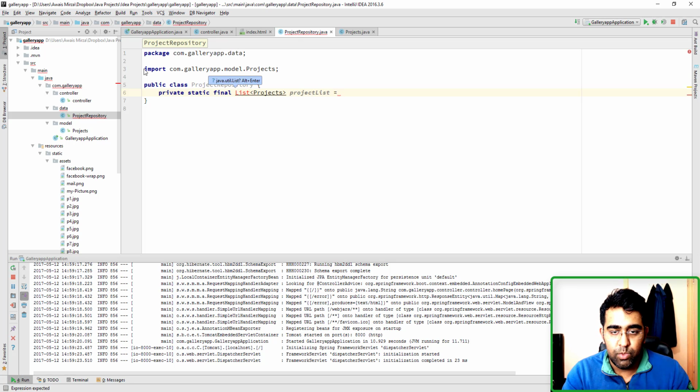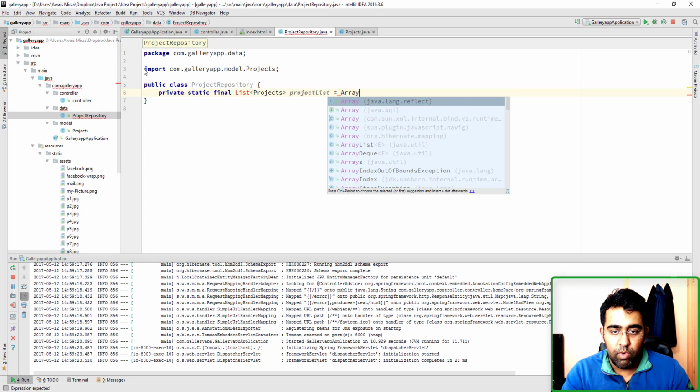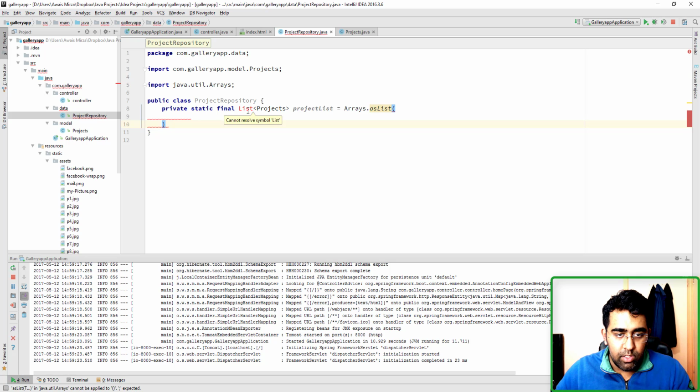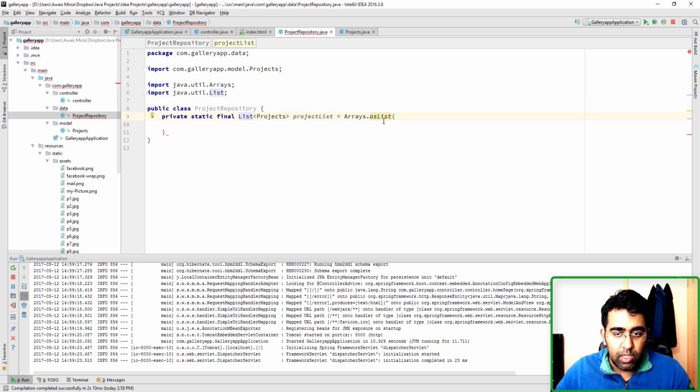list is equal to new, sorry, actually we can create an Arrays.asList method. Okay, and I'm just gonna import that as well. So here's a problem: cannot list. Why is this happening? We imported the wrong one. Let's click here, I'm gonna click on import class, so that should remove the error. Okay, so now let's create a new